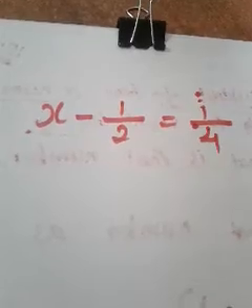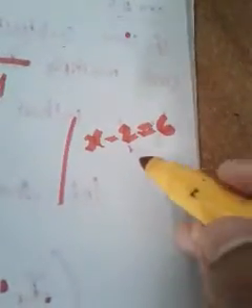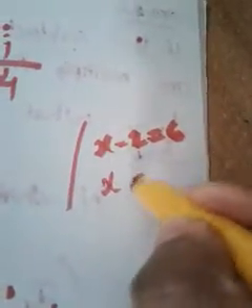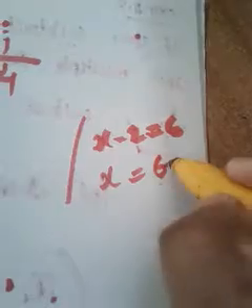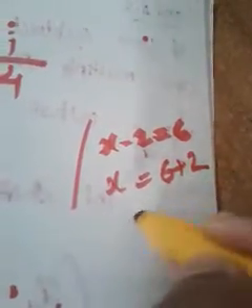Then we have to find out the value of x. Let me ask you one thing. Suppose the question is x minus 2 is equal to 6. What will we do to calculate x? Just maintain x here, right side 6, and minus 2 to the right side becomes plus 2. Similarly, I can use the same method here.